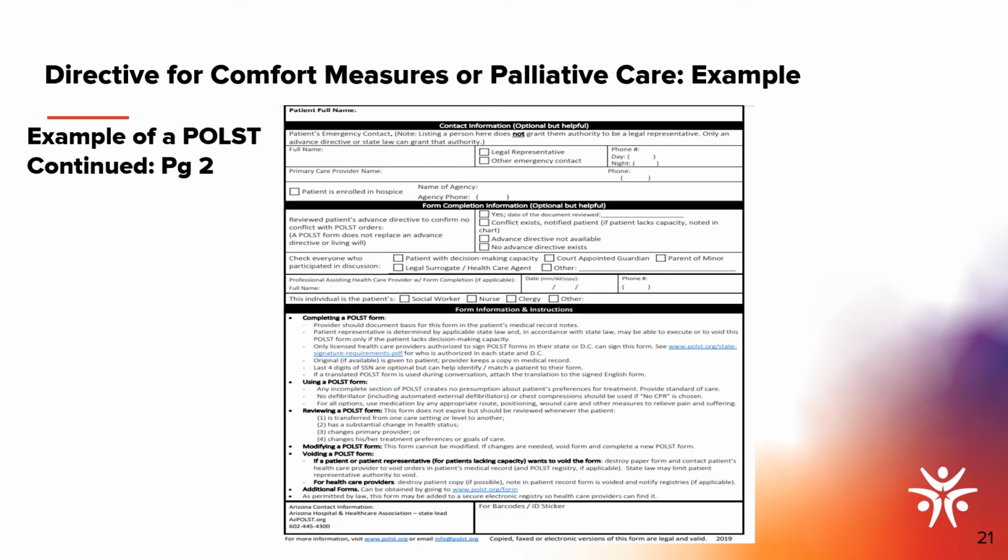This is just the second page of the medical orders that we were just looking at. And a couple things to keep in mind. An authorized patient advocate is someone who is authorized to make decisions on behalf of the patient when the patient is not able to. Family members, medical power of attorney, healthcare power of attorney, durable power of attorney for healthcare, someone documented as an agent for the patient, an attorney in fact. Those are all considered authorized patient advocates that can speak for this patient when they can't speak for themselves.